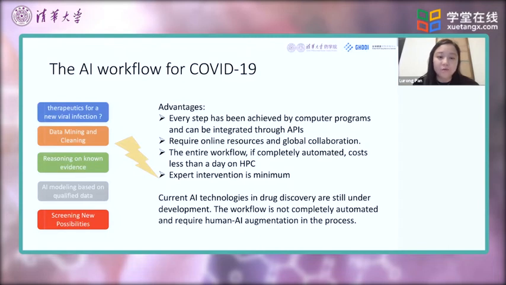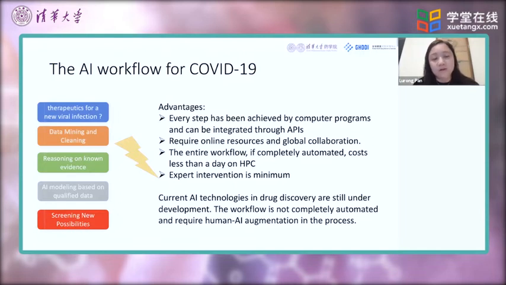The last one is that expert intervention is minimal. Basically, we would like to build an AI system that could be as insightful as an experienced virologist on this topic, so that it can respond very quickly in different research communities to bring everybody up to speed.